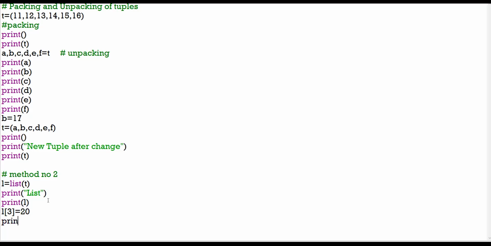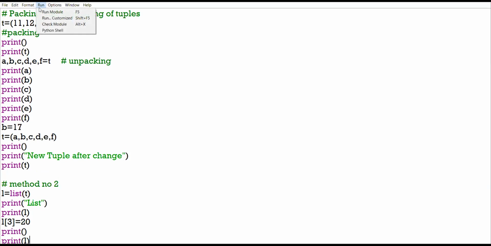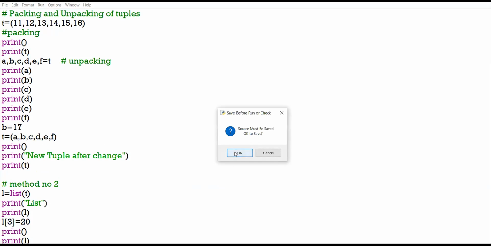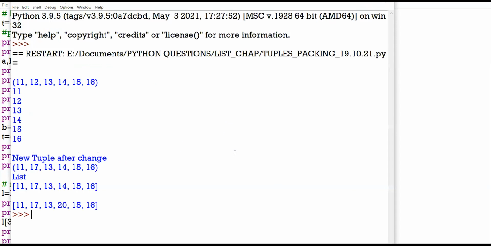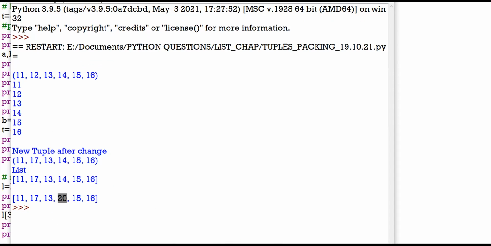And you print the list again. Check it out. The third value, which was 14 in the tuple, has now been modified to 20. Am I clear up till here?